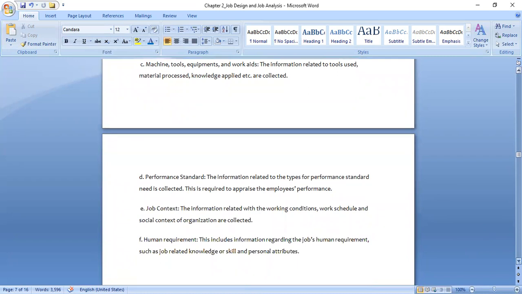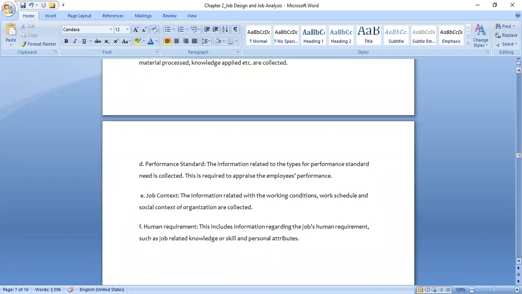They also collect information on the performance standards. The performance standards here depend on the kind of occupation or the job. For example, if it's an accountant, they will require you to have some standard of preparing those financial